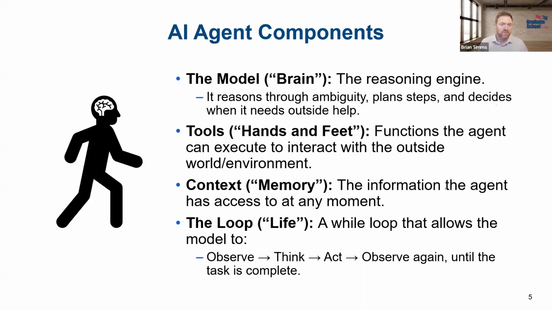And lastly, there's its loop. Dare I use the phrase, its life, the life of the agent, right? This is that continuous cycle, that while loop of observe, think, act over and over and over again until its mission or its goal has been completed. So in combination, all four of these things, pretty powerful stuff. And what's also good to note is that this is applicable across platforms. So whether an agent has been built completely from scratch with people who really do know how to code, or it's in Gemini or Copilot Studio or Claude Cowork or something like that, these are the structures that they all have.